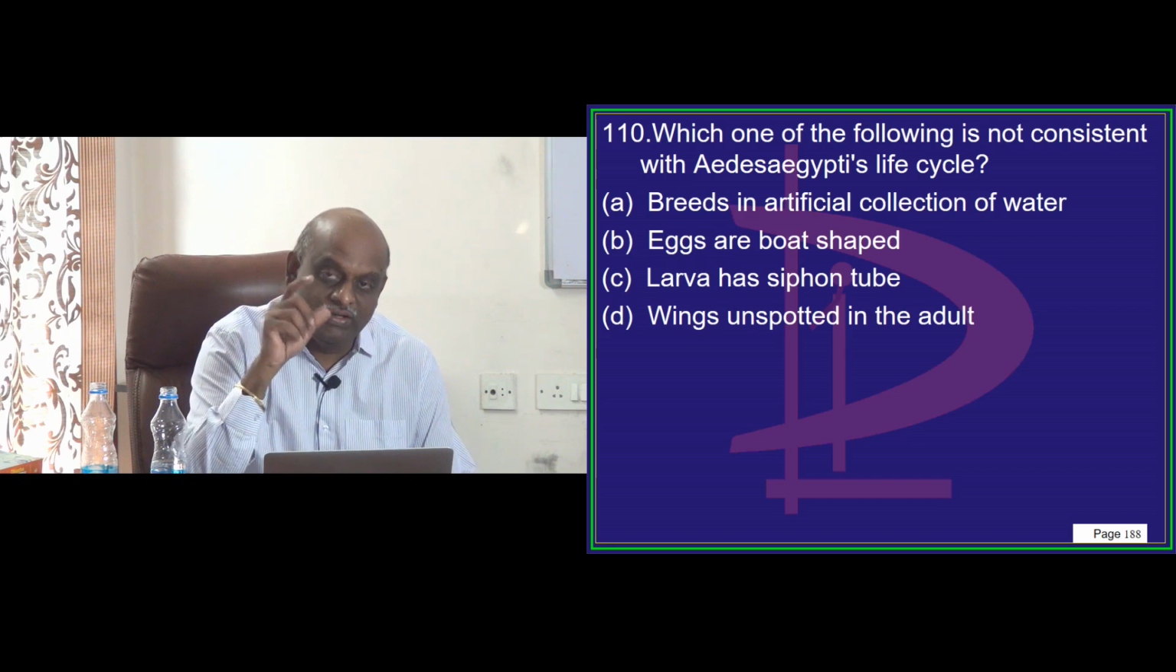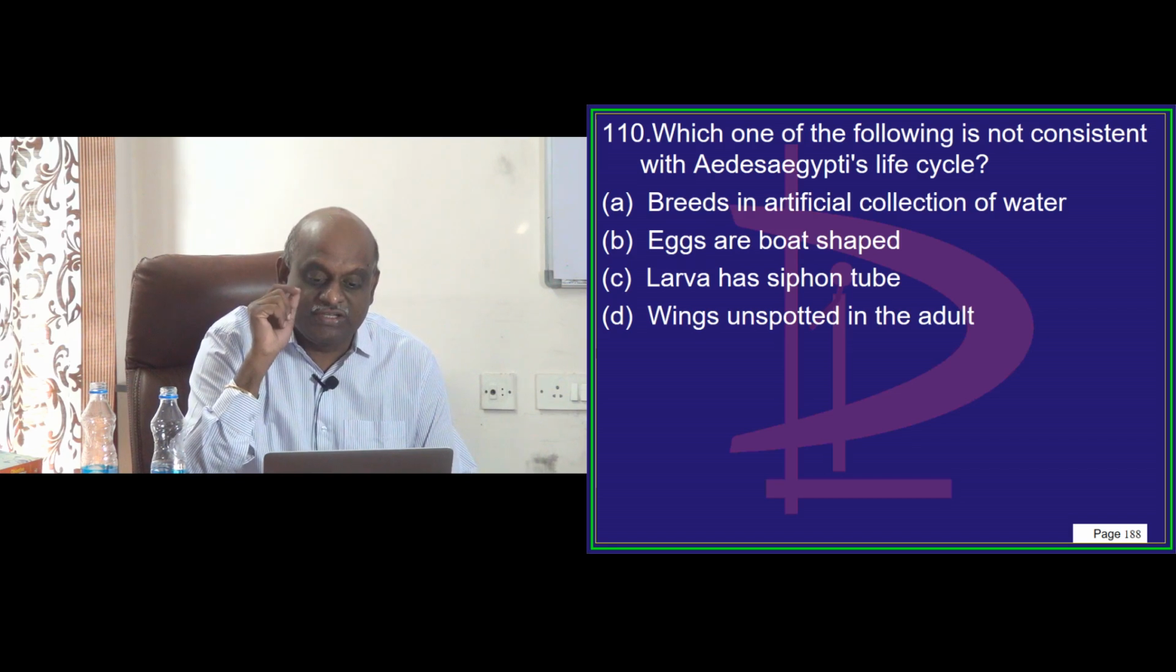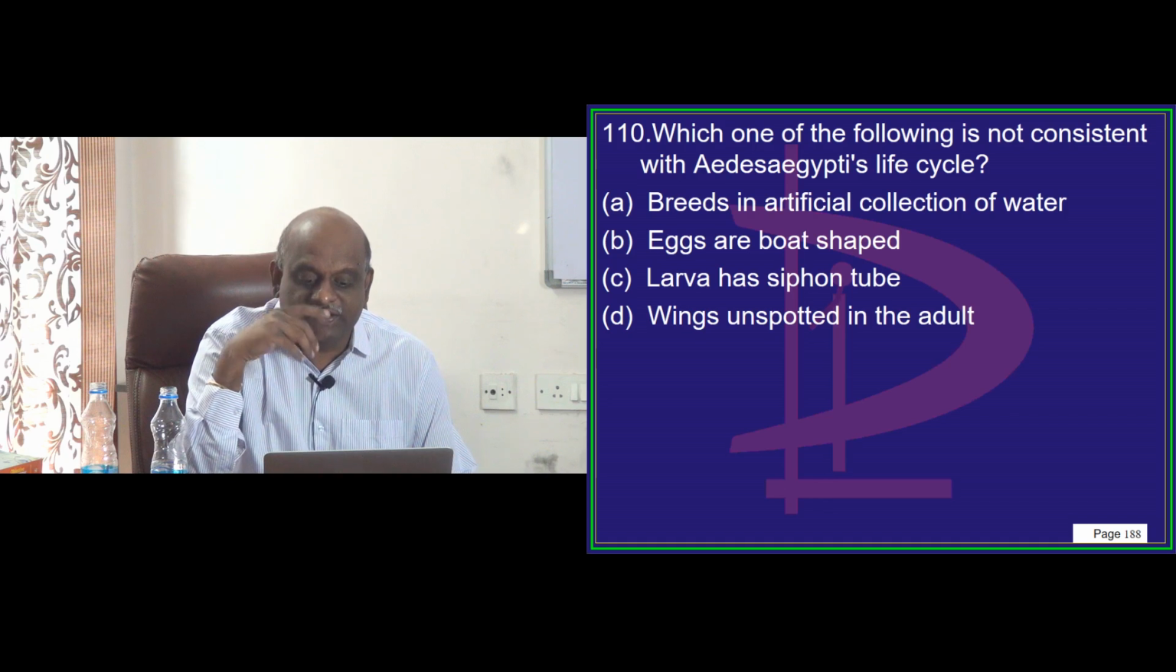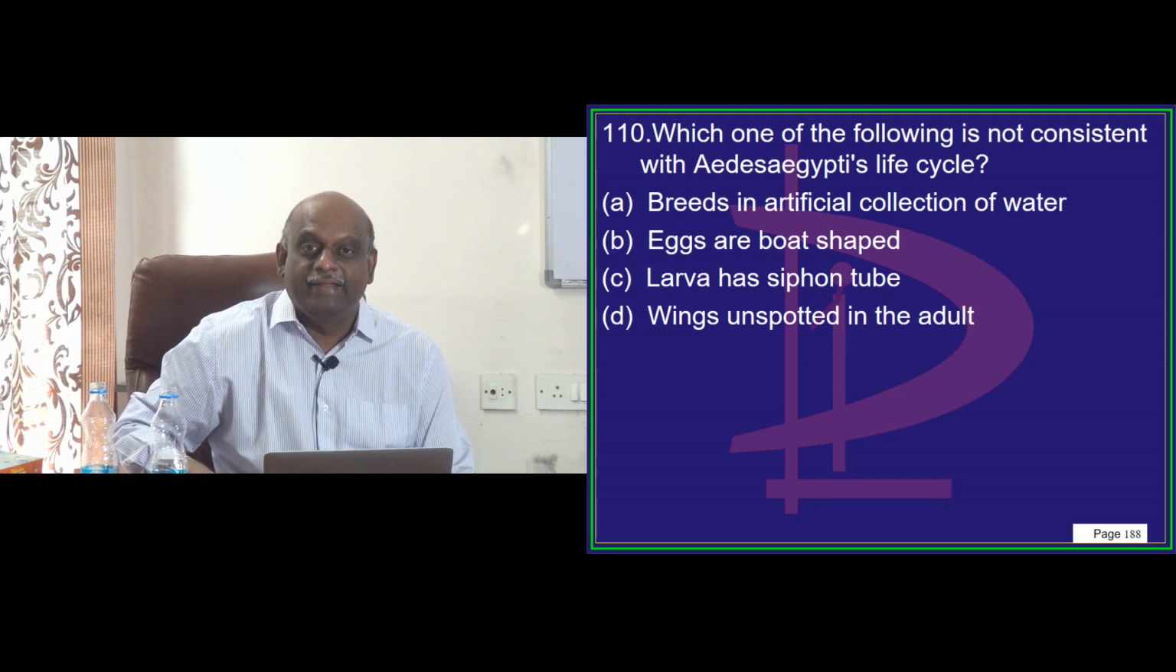Ashwini is also throwing the stones on option D. Then Sean Chaco thinks larva has a siphon tube, which is not consistent. Okay. Then I'm just waiting for who will correctly answer. Dasari Sushmita,